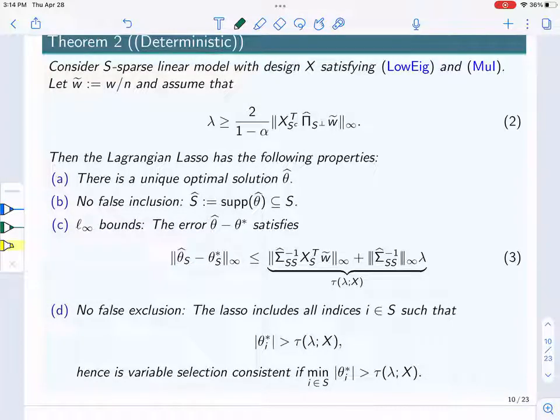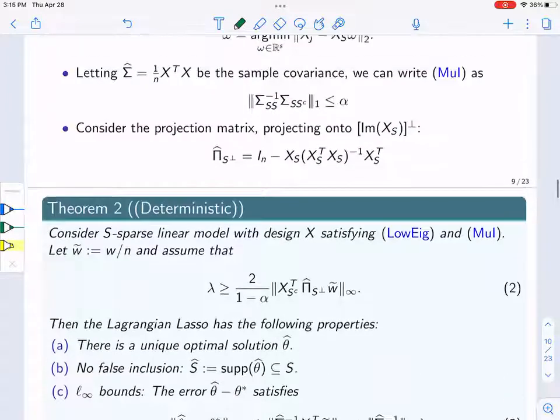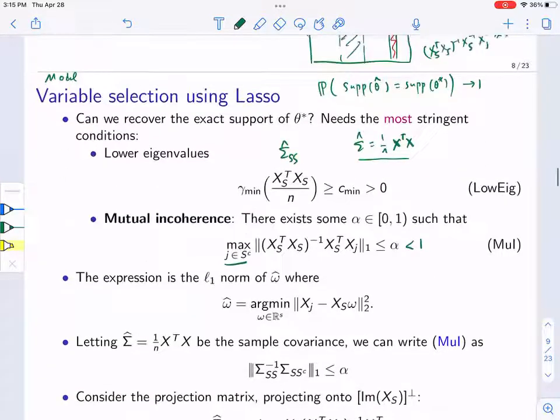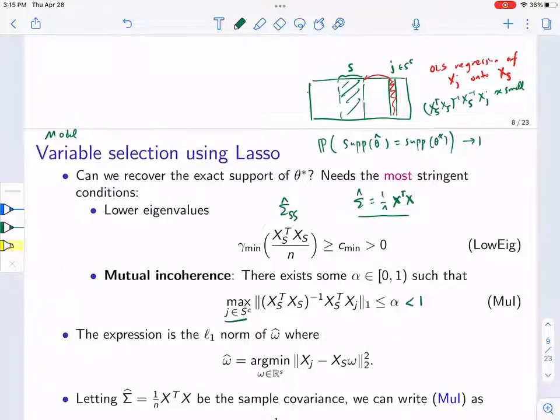The proof uses a technique often called primal dual witness construction. The idea is that the lasso is a convex problem. It has a dual, and then you guess what the solution is. Because you want the solution to have the true support, you assume that the actual solution of the lasso has the true support, and then